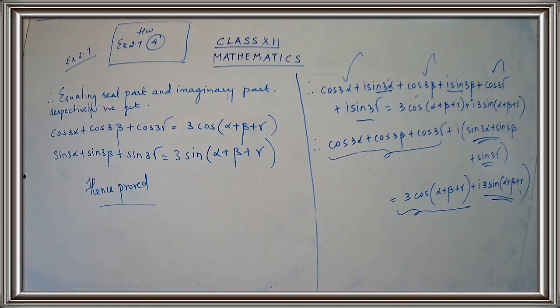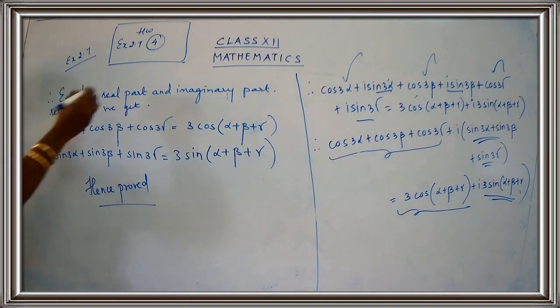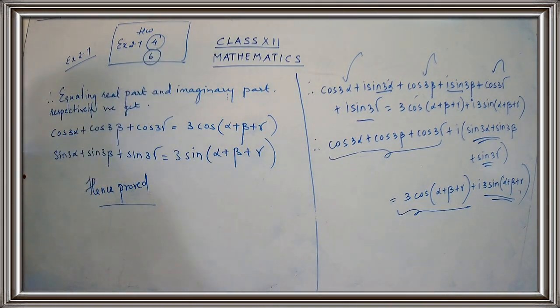So now just come to the homework part. What is your homework over here, children? You have to complete sum number 4 from exercise 2.7. You have one more sum, that is sum number 6. Just complete one more sum as homework, that is sum number 4 and sum number 6. Okay, children, I'll just give you an idea how to complete your sum number 6. Sum number 6 is a very important sum, children. You can try by yourself.